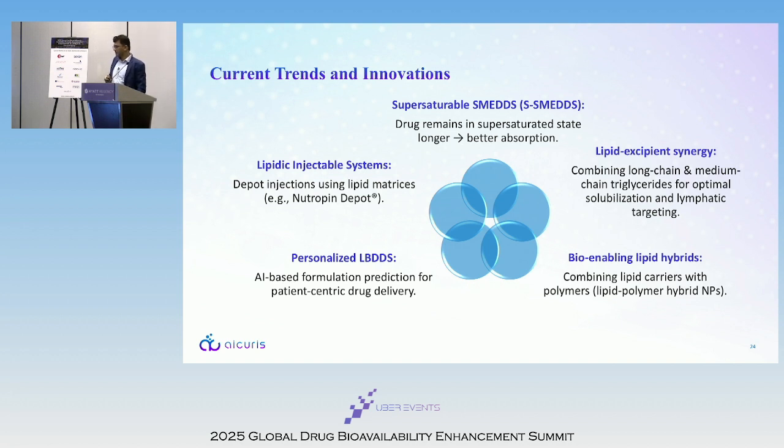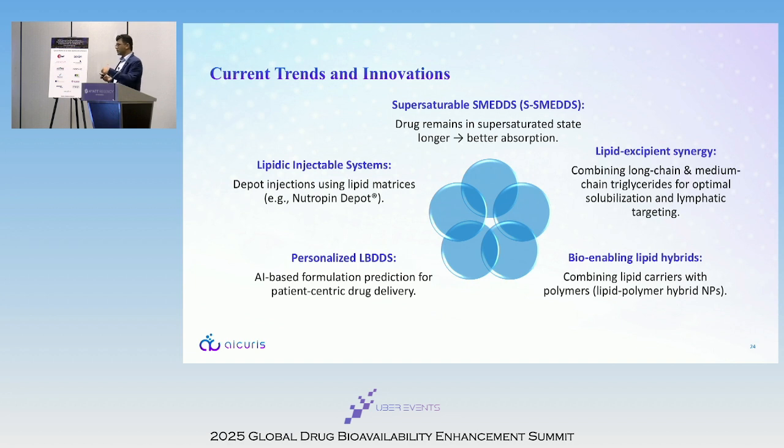A combination of LCTs and MCTs could be relevant, because often during excipient screening, we run the saturation solubility in the individual lipids. Maybe it is a good idea to also screen for mixtures of lipids. This is something I have also seen, because often we go to the IID limits, and any lipid is not allowed beyond some concentration. To bring down that concentration, we try to compensate by adding an additional lipid. In that process, what we have found is that in a mixture of two lipids, the solubility of the drug may be quite different compared to the single lipid, and that advantage can be taken.